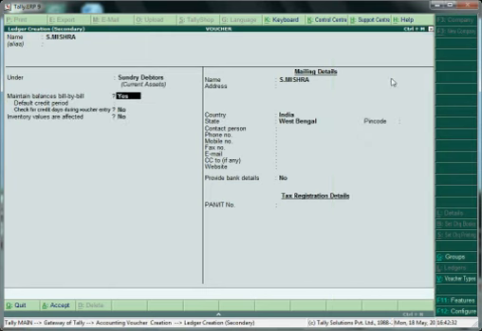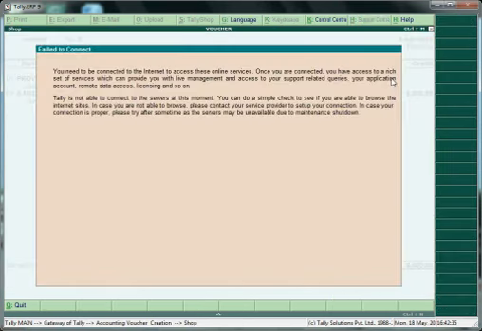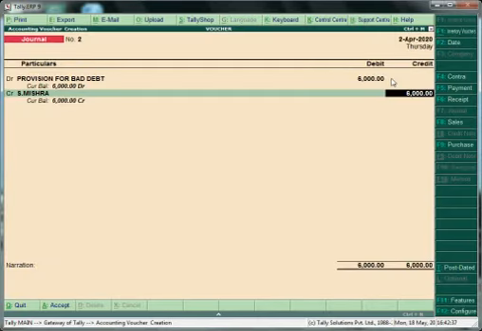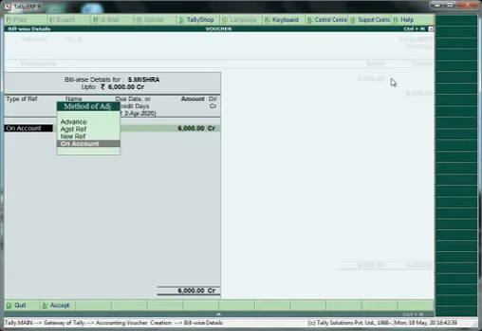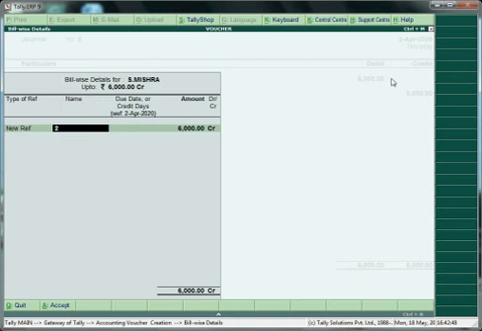Maintain bill by bill, yes, and accept it, and 6,000. Okay, then I have not made a bill, so I just put it as new reference, and the name is sale 002, and then accept it.